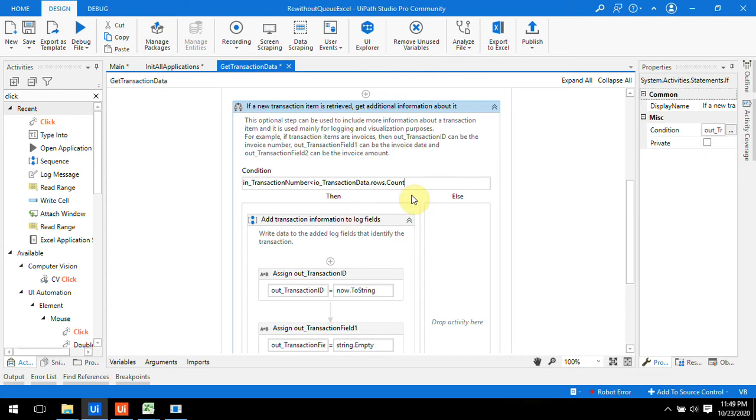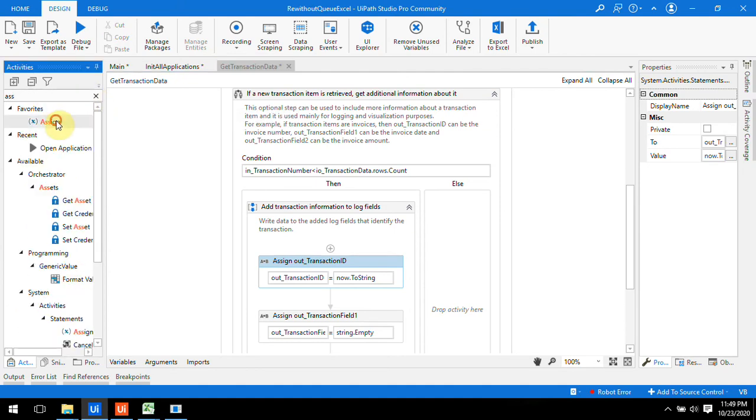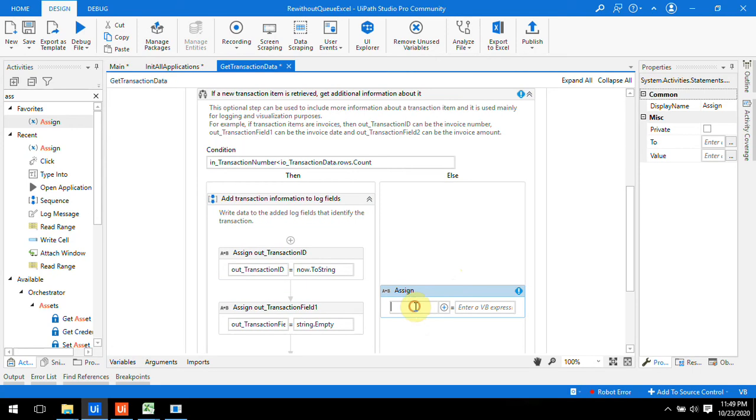This condition is used because, let's consider our transaction number starts from 0, and if we have 10 rows in our data, this condition will hold until the transaction number is 9. After that it will not satisfy the condition and will come to the else part. So in the else part we take one Assign activity and write transaction item equals Nothing.